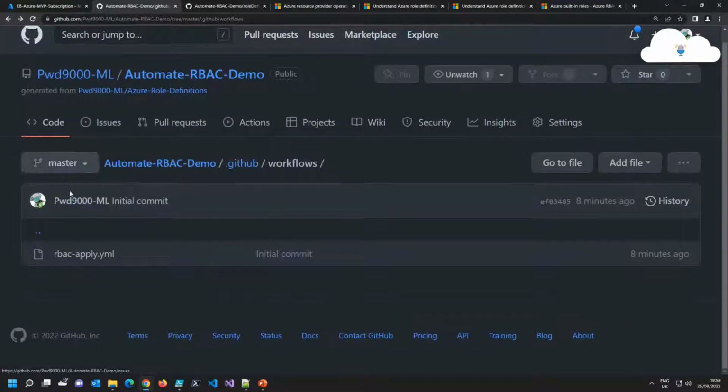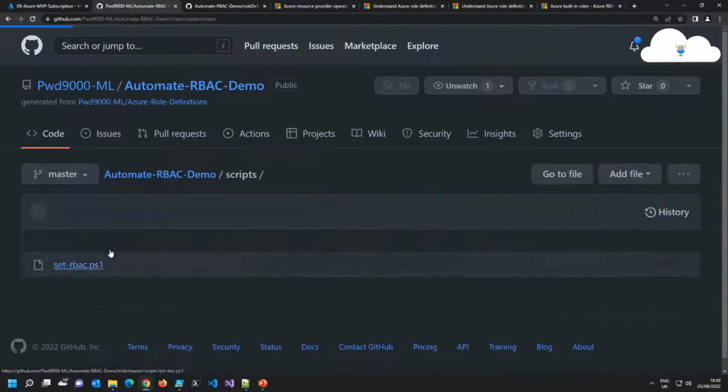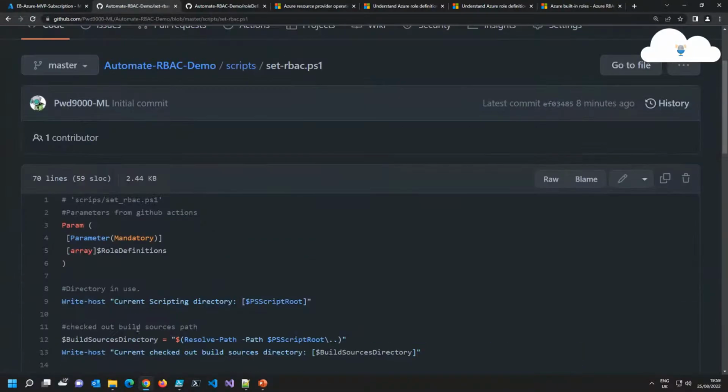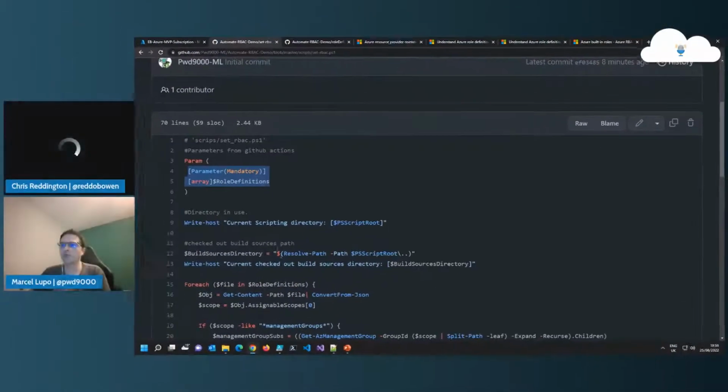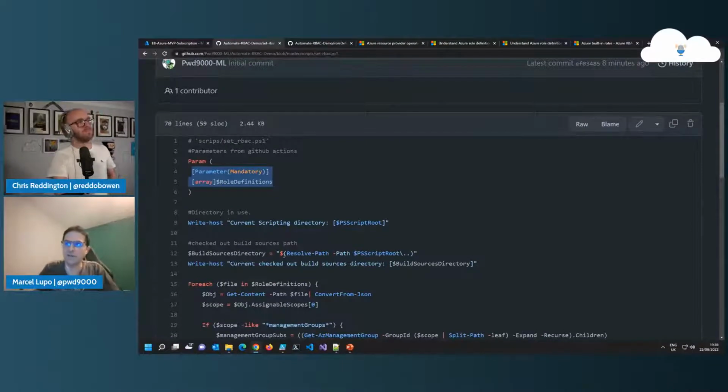And if we take a quick look at that script next, you'll see that I only have one parameter, and it's an array. It's a PowerShell array of role definitions. But because this array is coming from a GitHub Actions workflow, it's not going to be an array object type, and that's why it's almost like a string. And the string is formed like